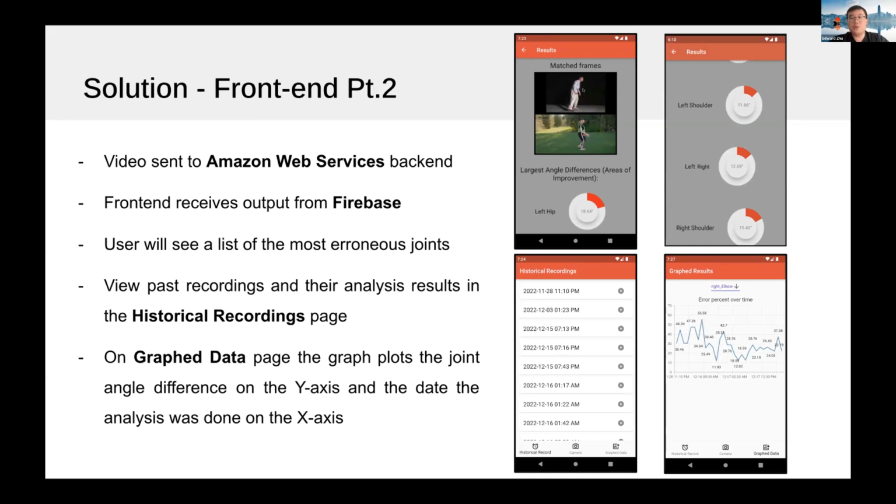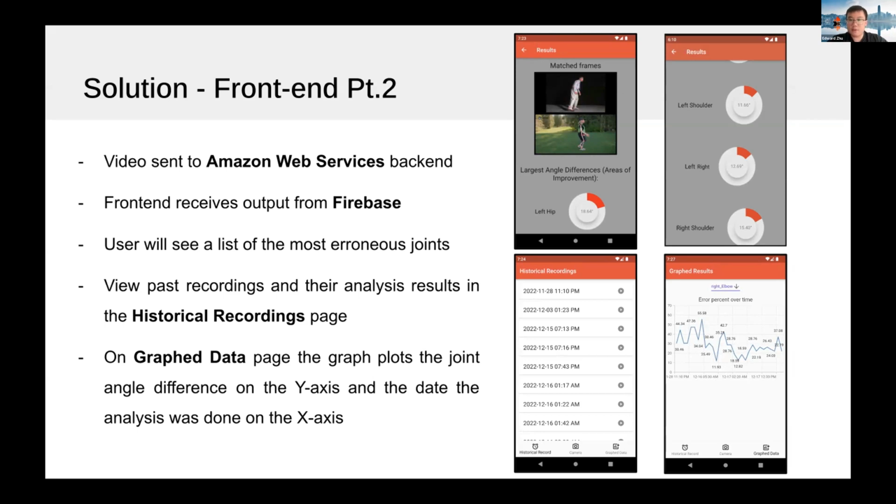of all a montage between the matched frames between the user and expert videos. And then there's also a list of which of the joint angle differences exceed 10 degrees. And basically these show what needs to be improved on. So if their angle difference is quite large, then you can deduce that this is an area of